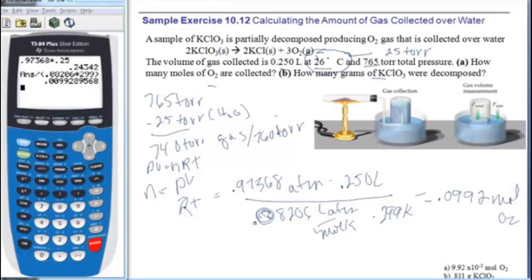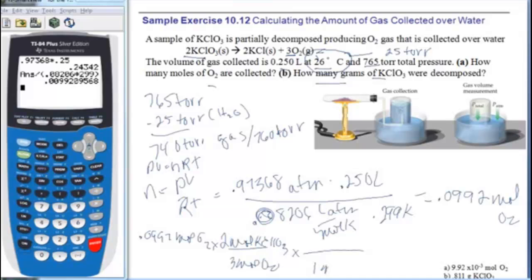And then the question is, how many grams of KClO3 were decomposed? So here I just use some simple stoich, right? I know how much oxygen I have, and I'm trying to figure out how much of this needed to decompose to give me that. So I'm going to start with my moles of oxygen, which is 0.0992 moles of oxygen. And what I know from the stoich, from the coefficients, is 3 moles of oxygen come from 2 moles of KClO3,